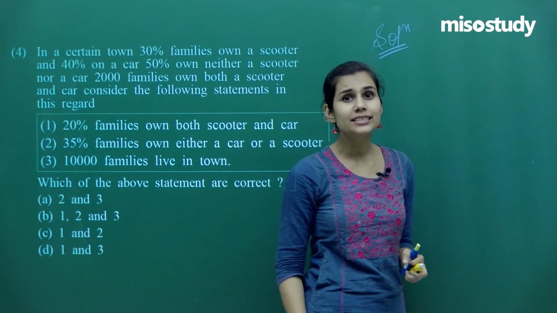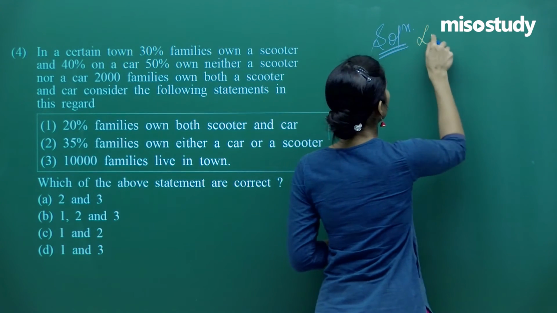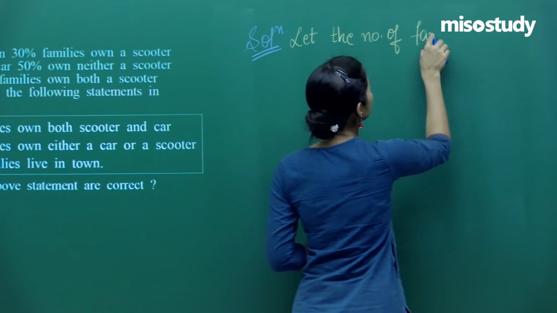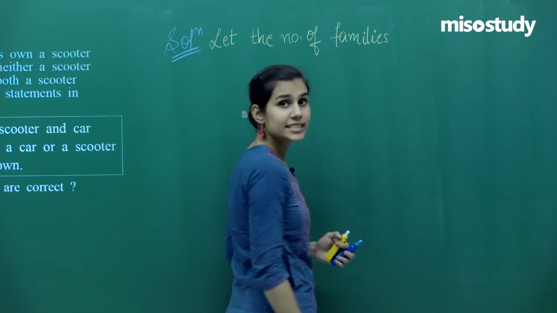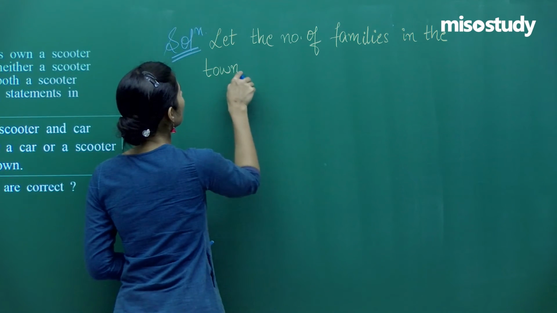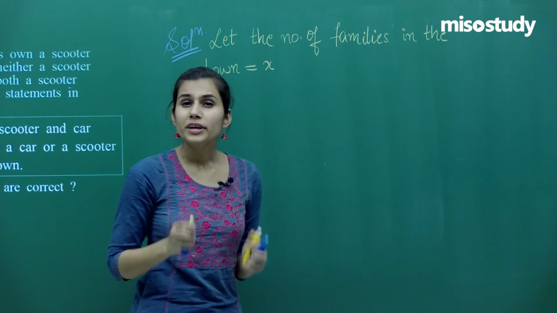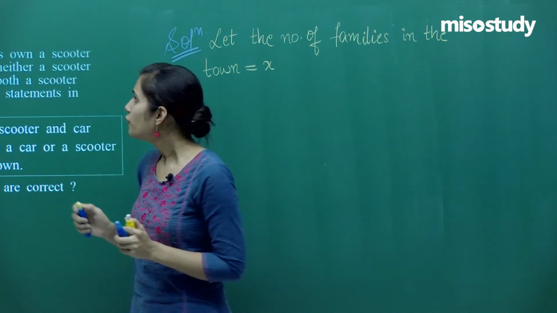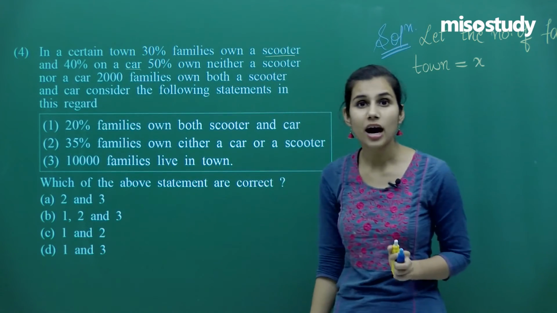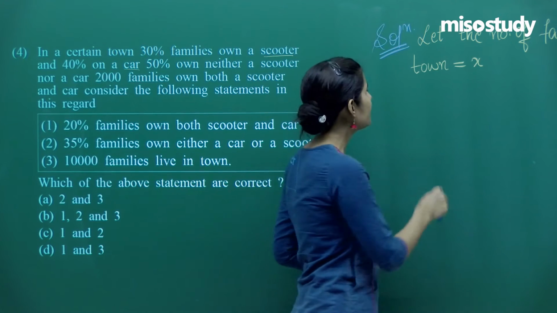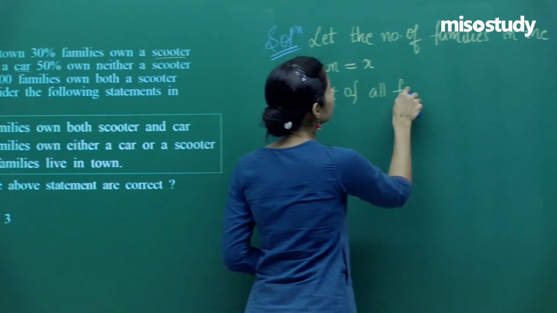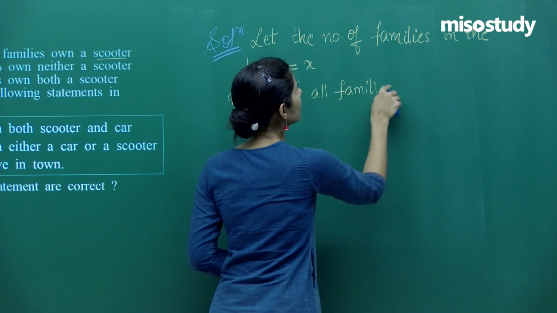Suppose the total number of families in the town is X. Then we are given 2 categories in which families are divided. The first category is those families who have a scooter. The second category is those families who have a car. 30% families have a scooter. So if I say that A is the set of all families having a scooter,